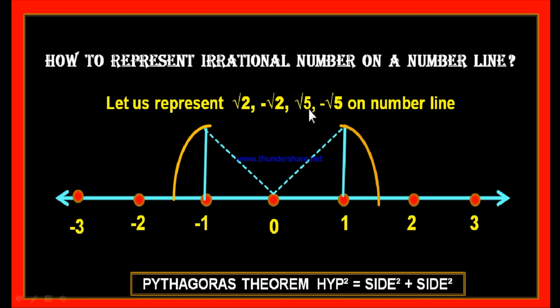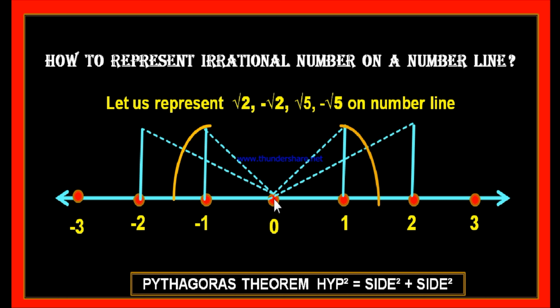And later we will sketch to find root 5 and minus root 5. 5 is nothing but 4 plus 1, isn't it? 4 means 2 square, and 2 square plus 1 is 5. Therefore, on one side of the right triangle, we take it as 2 units. From 2, you draw a perpendicular line whose length is equal to 1 unit. And on the other side also, from minus 2, draw a line segment of length 1 unit. Now, as we did in the previous case, you join this point 0 to this end.